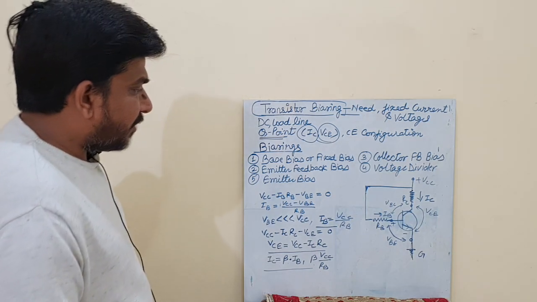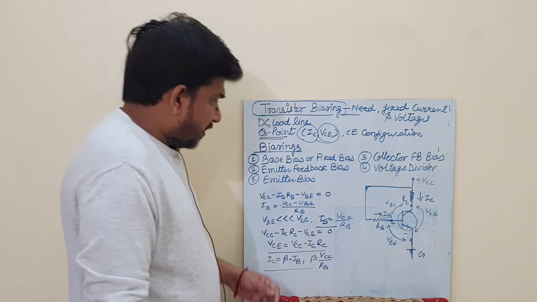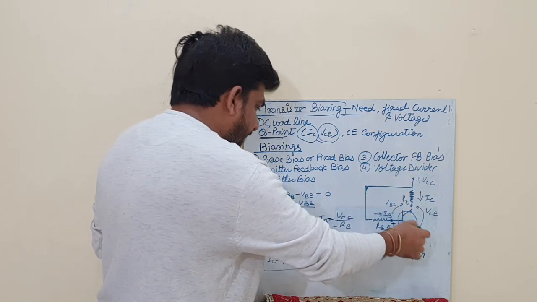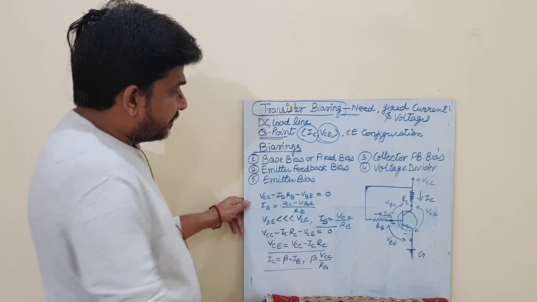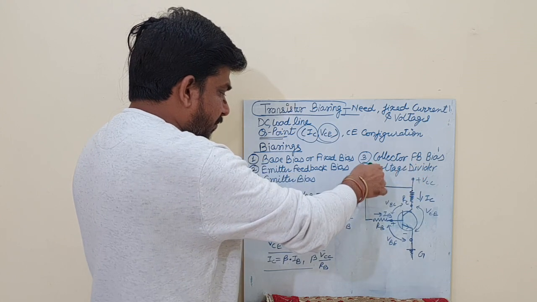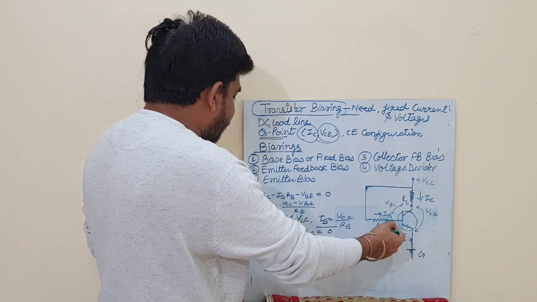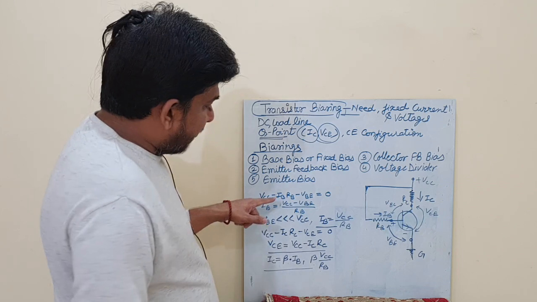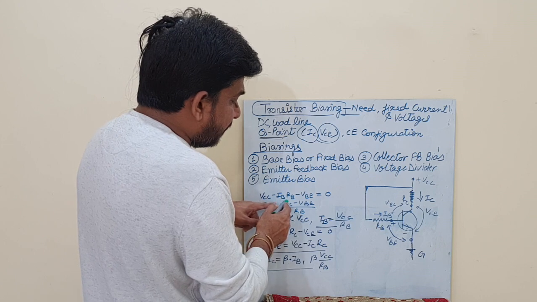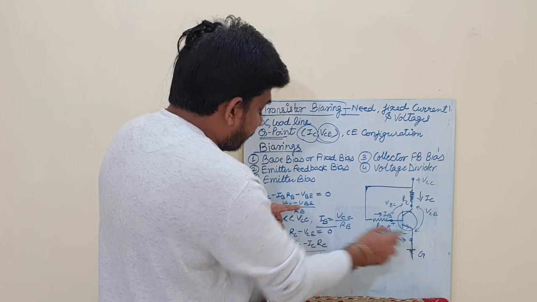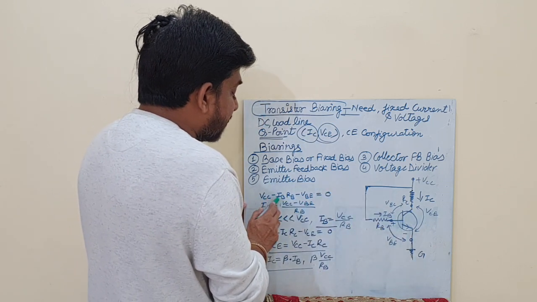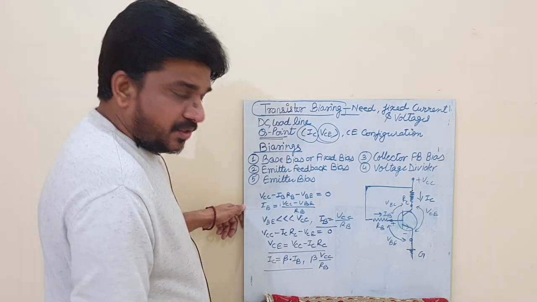By using Kirchhoff's law we can solve it. First of all, we will start from here and follow this path of IB to get IB, right? We start from the higher voltage VCC, then come down this loop. Here the voltage drop will be V equals IR, so I equals IB and R equals RB. VCC minus IB RB, and this is again a voltage drop VBE, so the net is 0. So VCC minus IB RB minus VBE equals 0, right?